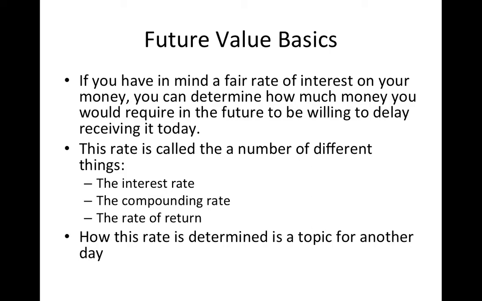Now, sometimes that's called an interest rate, sometimes that's called a rate of return, sometimes that's called a compounding rate, but it's some rate. And that rate can be just a flat amount. I need $500 more. It can be I need 3% more. It can be I need this much in the future, and then you can solve for what the implied rate of that is.